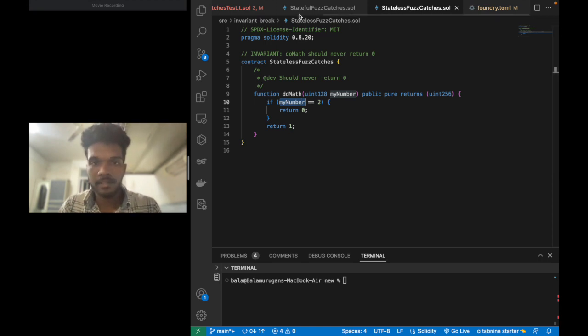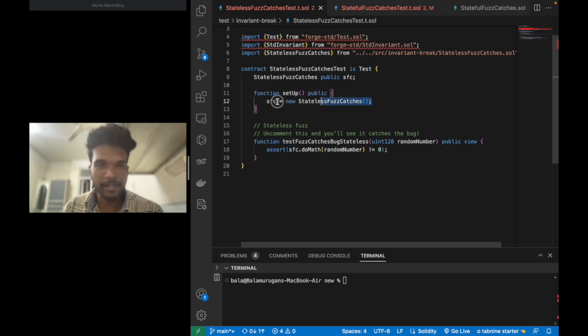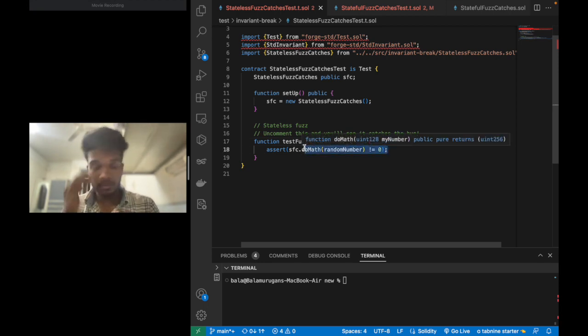So how does the fuzz test look in Foundry? We import the Test contract and inherit it, and we create a new instance of the contract. Instead of assigning a specific number, we make it randomized. That's what it means: you get a random uint128 number, we pass it into the doMath function, and we assert that it does not return 0. And then I run this test,